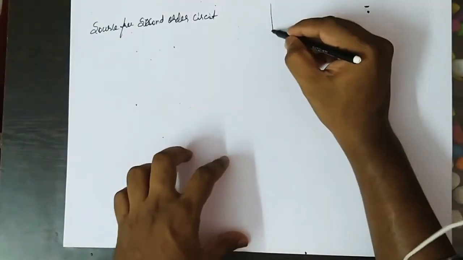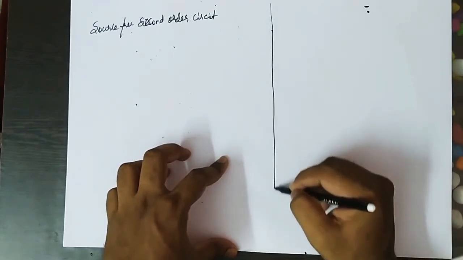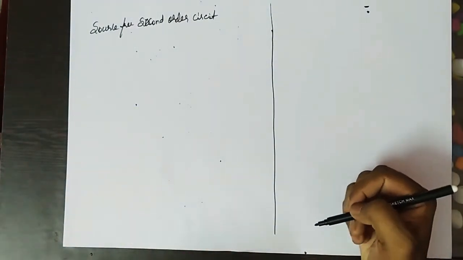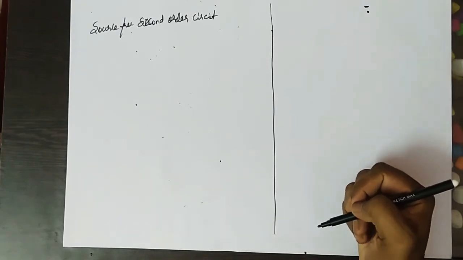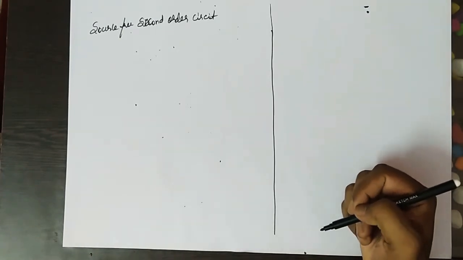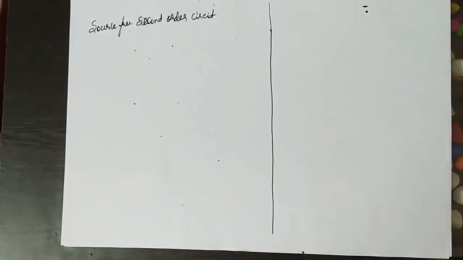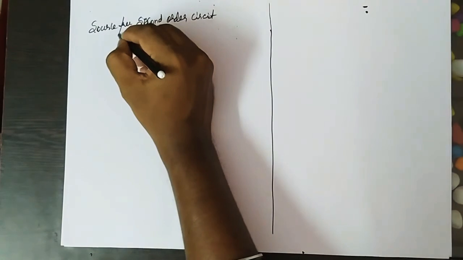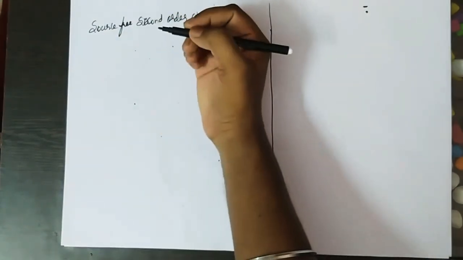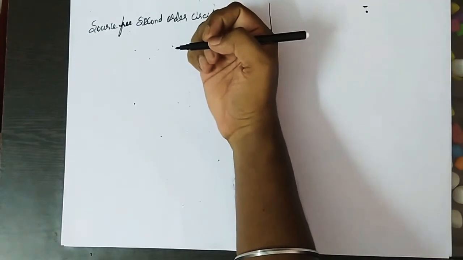So, in earlier classes, I dealt with what is meant by order. Order means if you are having one energy storage element in a circuit, it is first order. If you are having two energy storing elements, we are having second order. In our electrical systems, we have capacitor and inductor as the two energy storage elements. So second order is a very important concept because it has two energy storing elements.